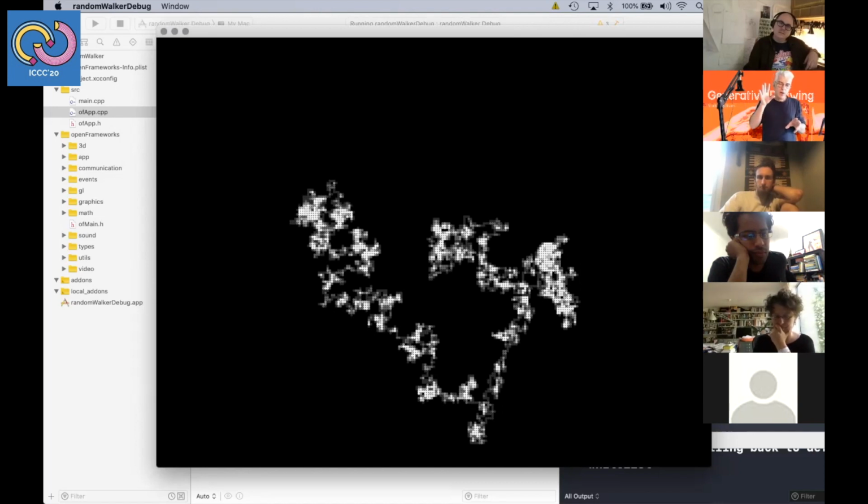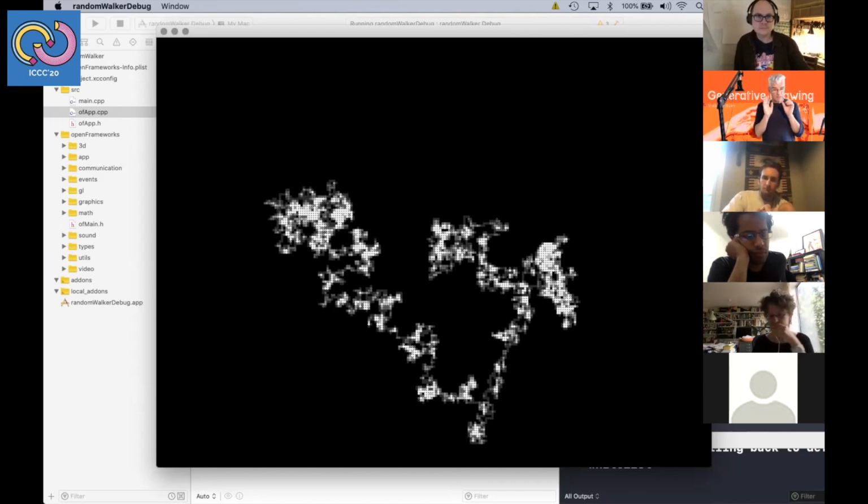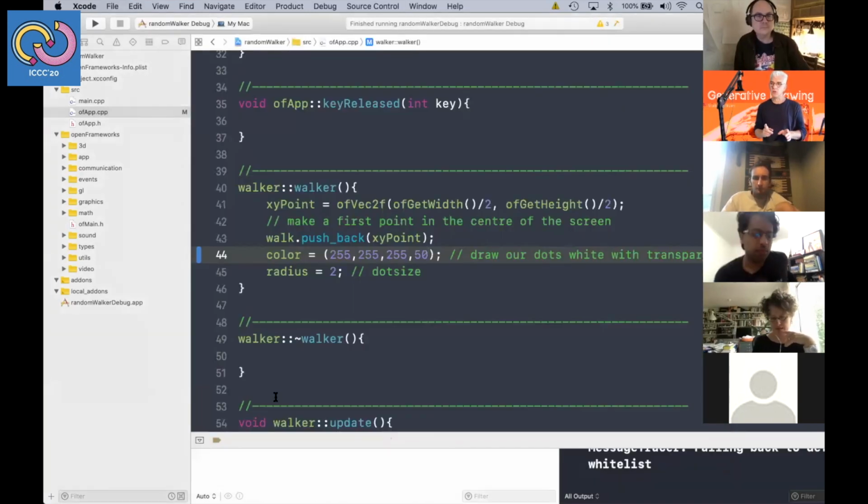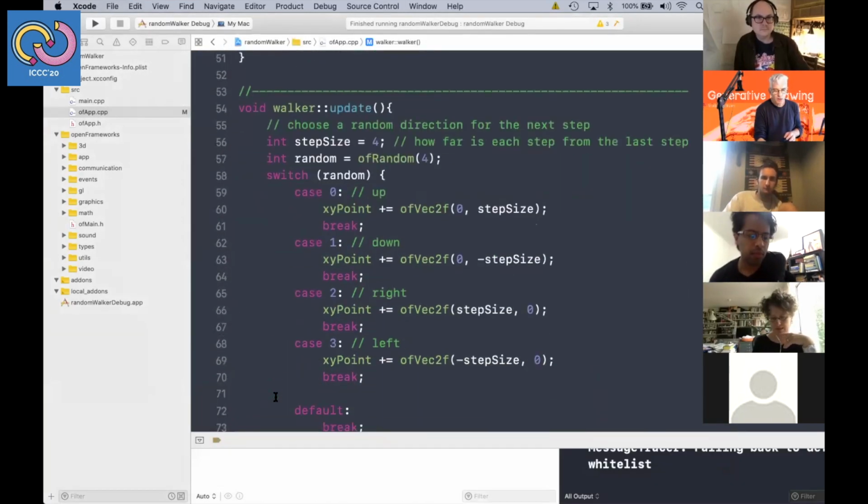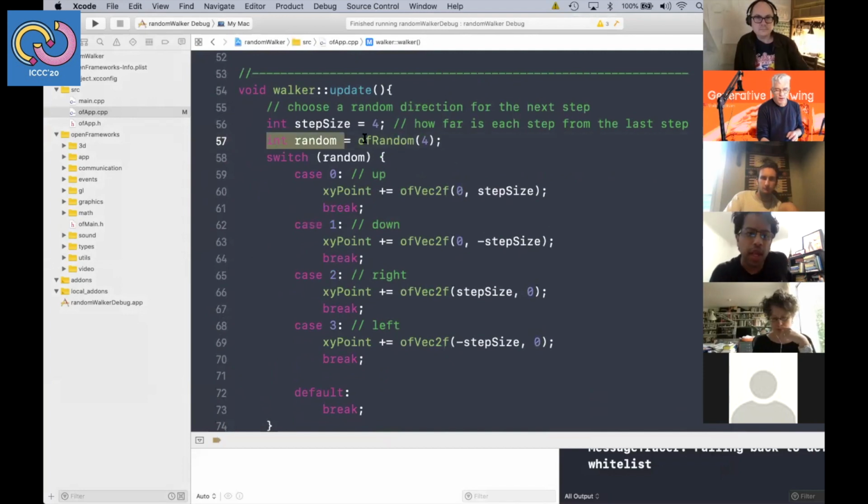Now, in a minute, we're going to finish this portion of the session. And what I'd like to do is offer up some of the example code that I've put online that you can go and run right now. And the very simplest, go and have a look at the walker and, if you're not used to programming, punch in different numbers in different places and see what happens. But I want to show you something a little bit more complicated, because in the walker, we roll a random number